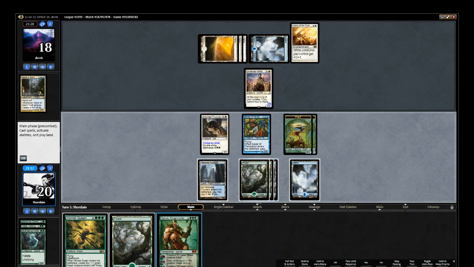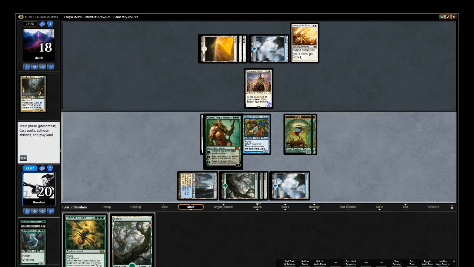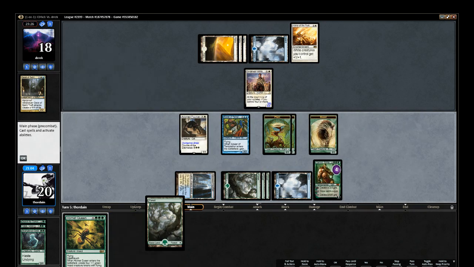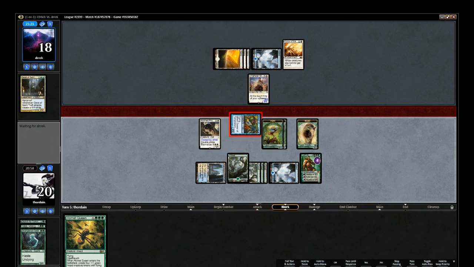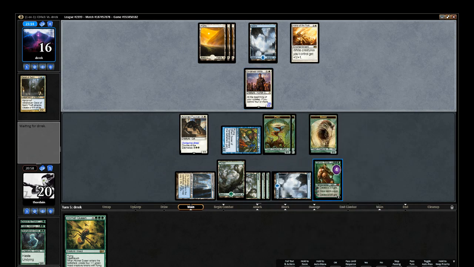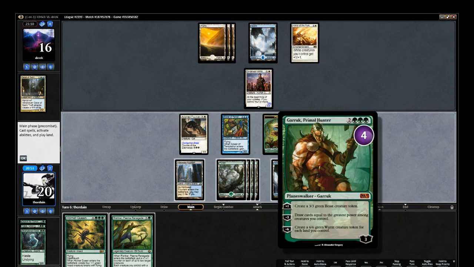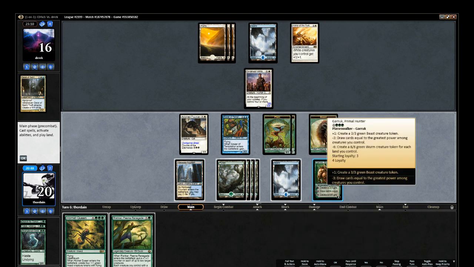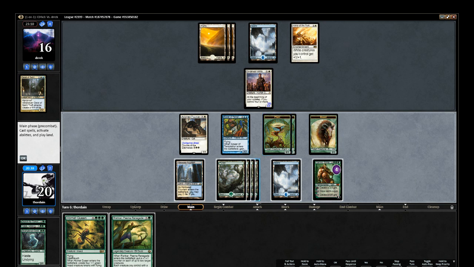Three, four, five. So yeah, let's play a Garruk. Definitely having this guy would be nice at this point, but it's okay. We'll have a queen soon. I think I want to just draw cards. Four, five, six. So if I could draw cards to just try to play Hornet Queen, the other option I